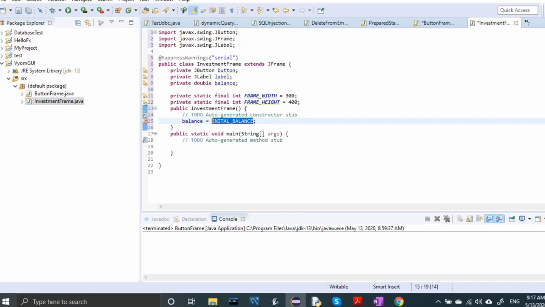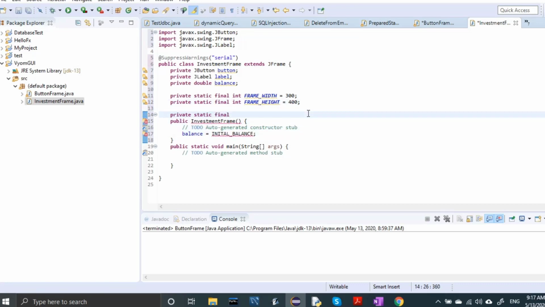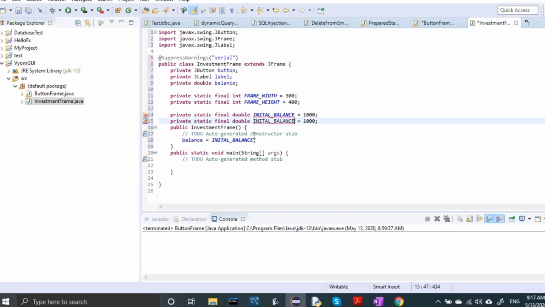Initial balance is basically a constant value, so let's create this: double initial balance equal to 1000. And then make the interest rate. The interest rate is 5%, so let's put 5 here.